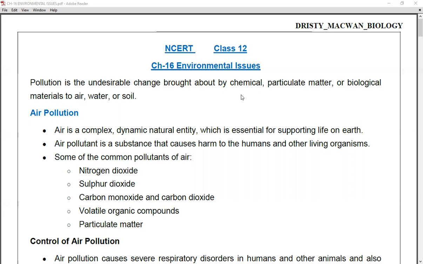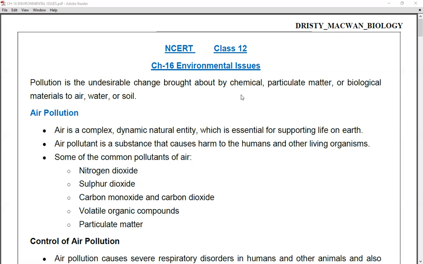So majorly these three are the pollutions which we are going to see in this chapter. Starting with the first type of pollution, that is air pollution. Air is a complex, dynamic, neutral entity which is essential for supporting life on earth. When we talk about air pollution, we first need to understand what exactly air is. Air is very complex in nature, and it is very essential for life on earth. In the air there is the presence of oxygen, so if the air is not there, then life is not present